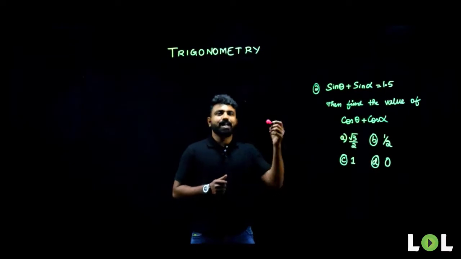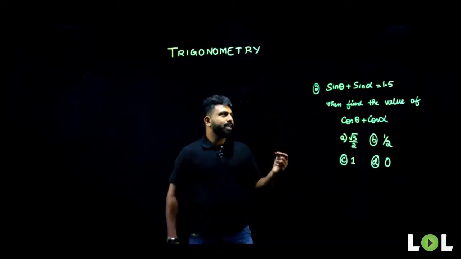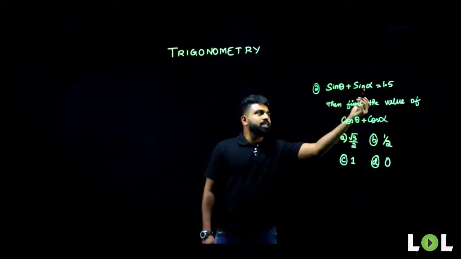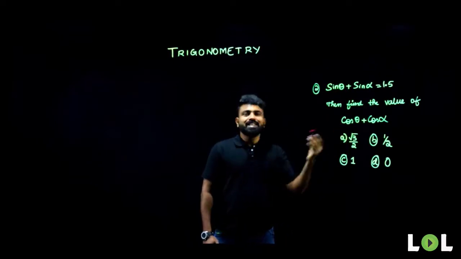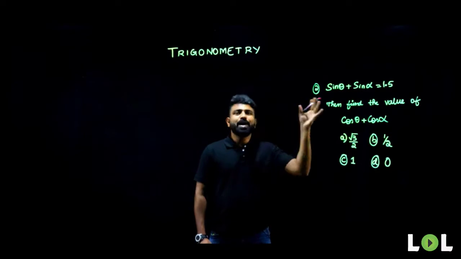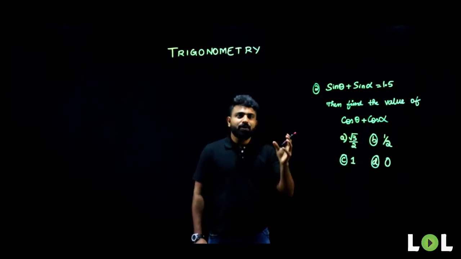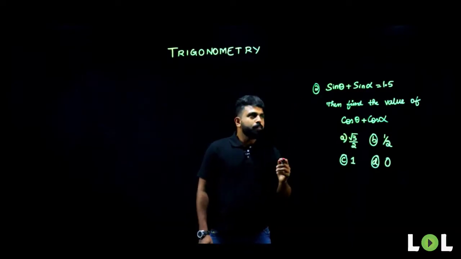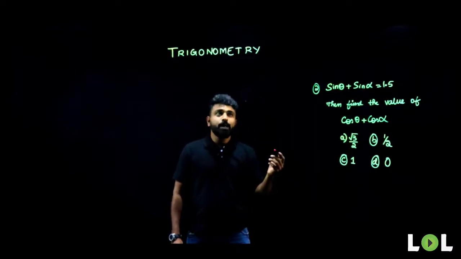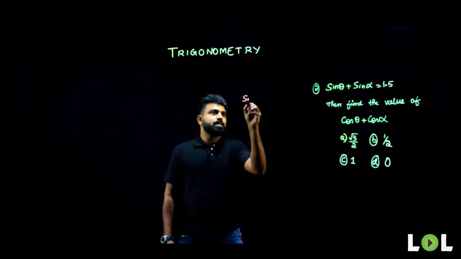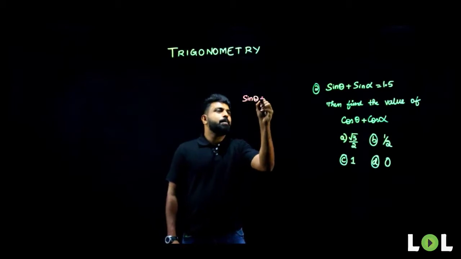So let us look at our next question here. What is it? Sin theta plus sin alpha is equal to 1.5. Then find the value of cos theta plus cos alpha. This is a very simple question, but students find it difficult. So if sin theta plus sin alpha should be equal to 1.5, let me write it down, sin theta plus sin alpha,